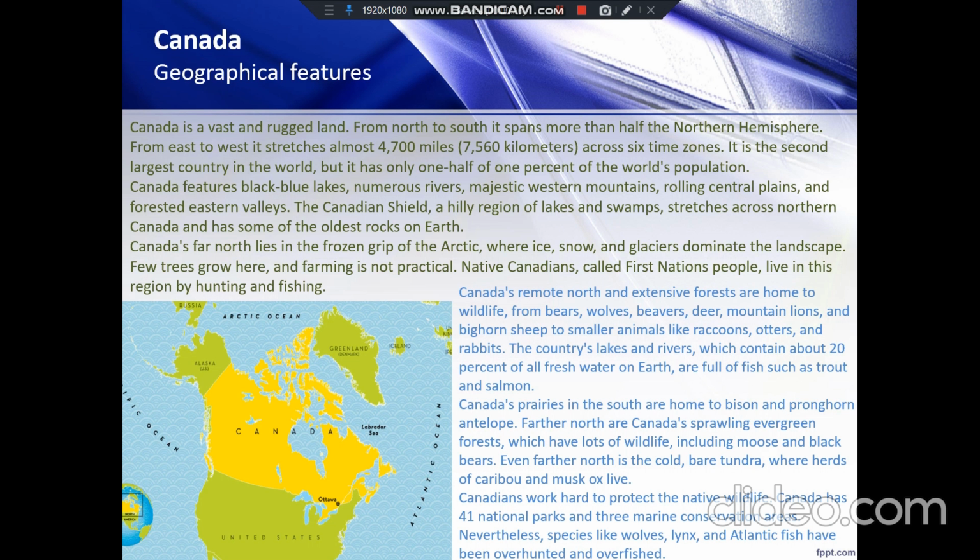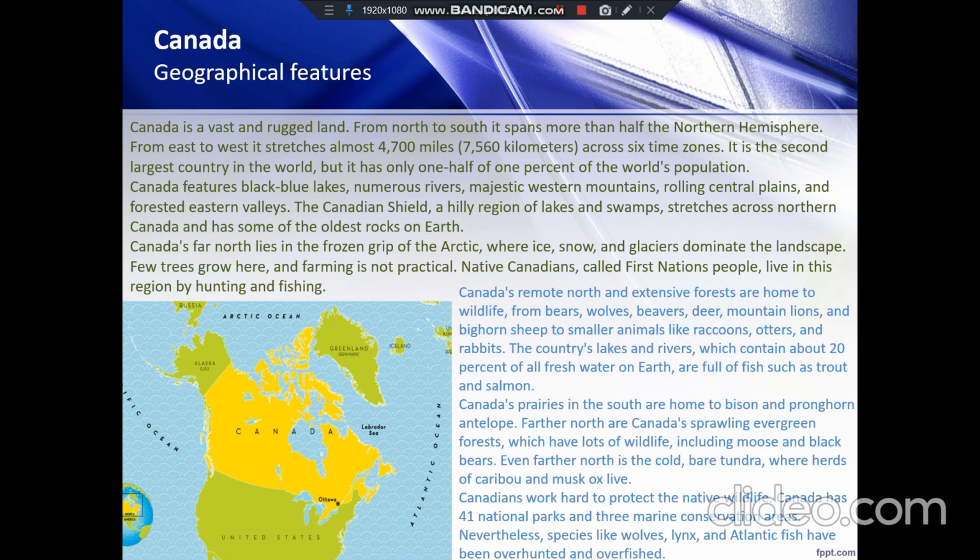Canada's prairies in the south are home to bison and pronghorn antelope. Farther north are sprawling evergreen forests, which have lots of wildlife, including moose and black bears. Even farther north is the cold, bare tundra, where herds of caribou and musk ox live.